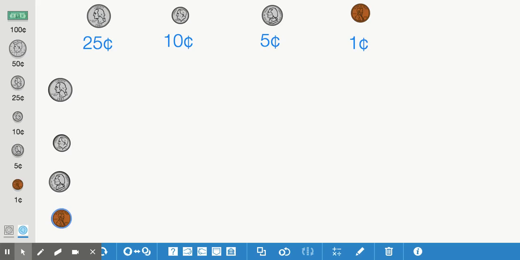Many states have one more standard in the measurement and data domain, and that is doing some work with money, specifically with US coins. The exact wording for this standard varies from state to state, but most include being able to name coins, know their value, explain how many pennies are equal to that value, and to use the appropriate notations. So we'll look at the most popular US coins.